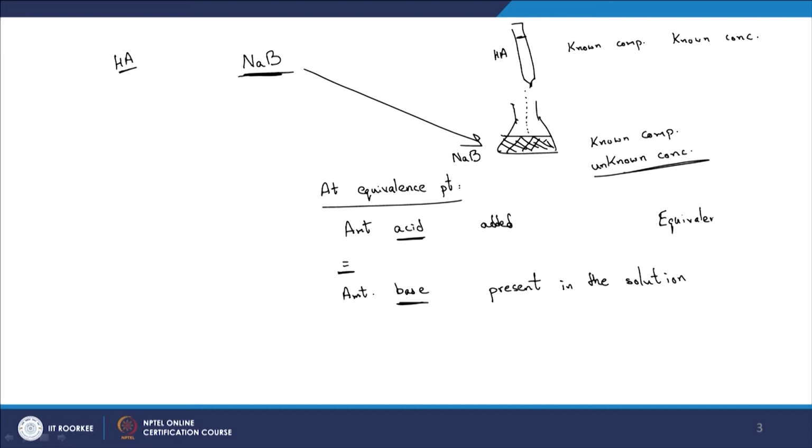And I think we are familiar with what we are talking about at this stage of the class anyway. So again, the amount of acid added would be equal to the amount of base present in the solution. But vice versa, if you had an acid in your conical flask, you can titrate it with a base, and then how can we transform this sentence? The amount of base added would be equal to the amount of acid that is present in the solution, right. So that is straightforward.